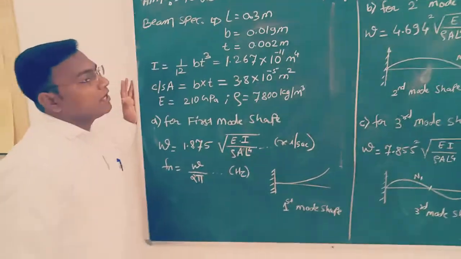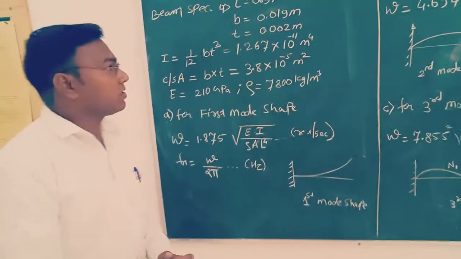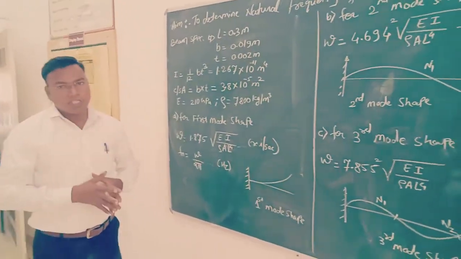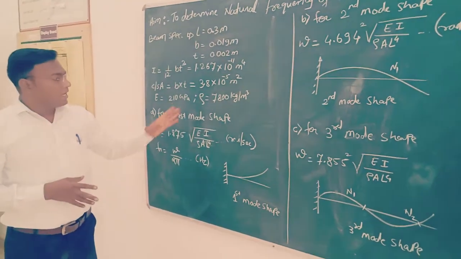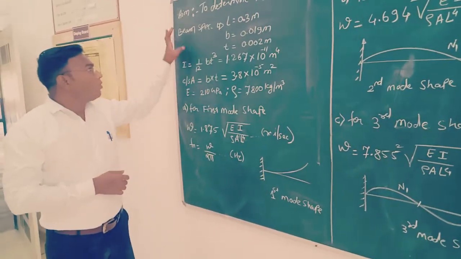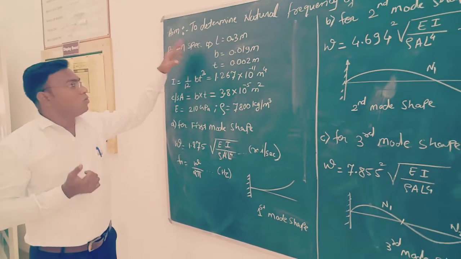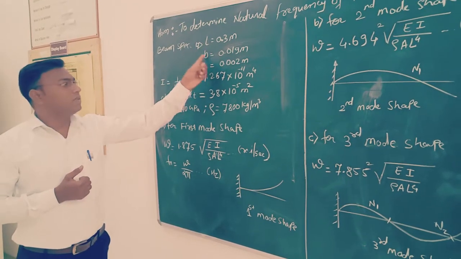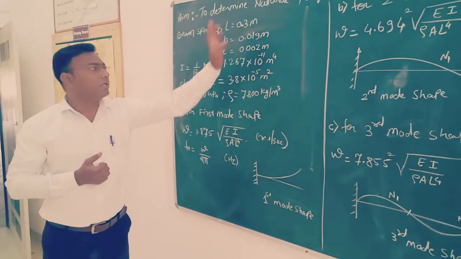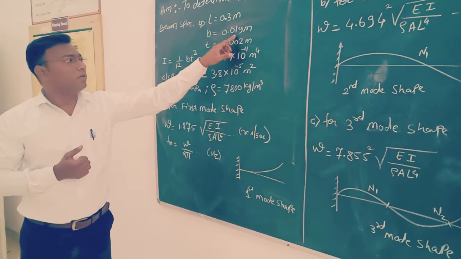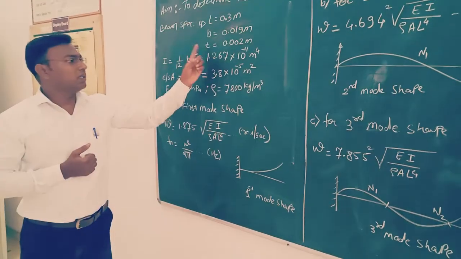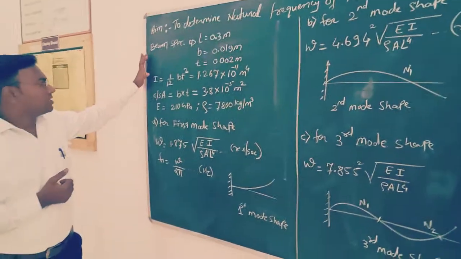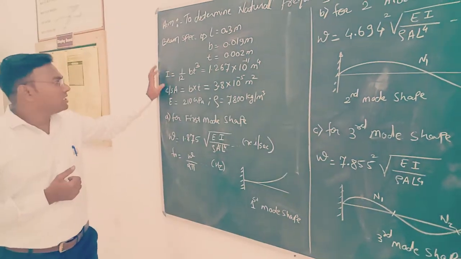As far as concerned, here we are determining the natural frequency of transverse vibrations. This is the theoretical calculation for determining the natural frequency. Once we have determined the experimental natural frequency with the use of the FFT, we can determine the theoretical value. The beam is a cantilever beam, whose dimensions are very important from the calculation point of view. We have considered length, width and thickness. Length is 0.3 meter, width is 0.009 meter, and thickness is 0.002 meter.